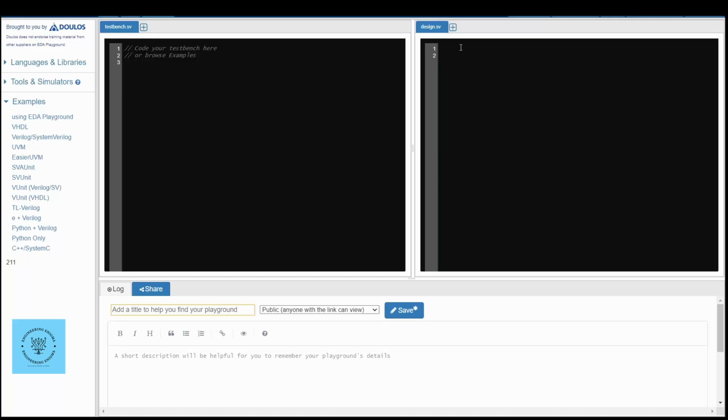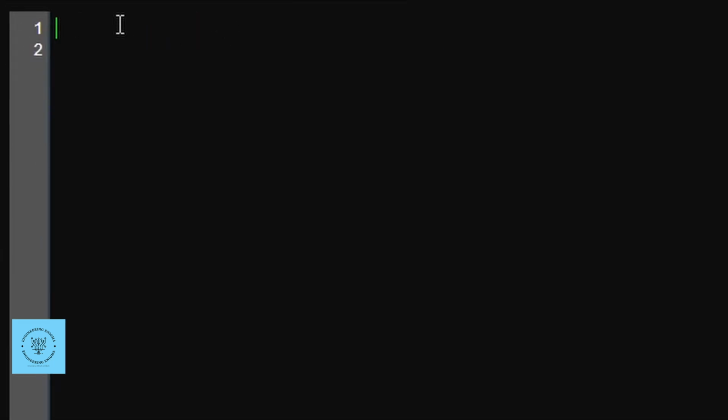So today we will be seeing about how to write a Verilog code for AND gate using data flow model, and similarly how to write a test bench. So let's write